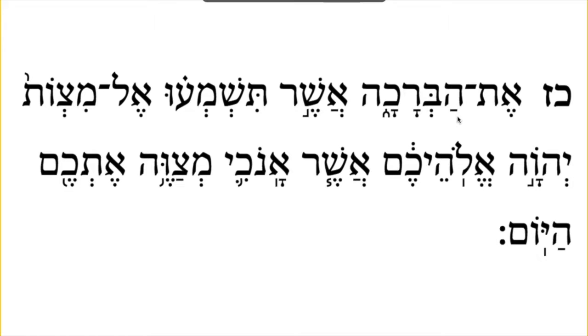So this is a hey with a patach, which says ah. And this is a bet with a shava. This is going to be silent. You're going to just say these together. Can someone just say the hey, the patach, and the bet together, and this is silent? So this is just hab. And this is a resh with a kamatz, so this is ra. And this is a chaf with a kamatz and the hey together will say cha. Okay, so can someone say the whole word for me?